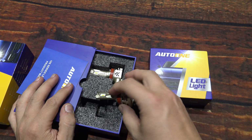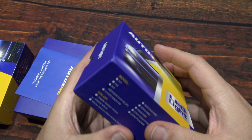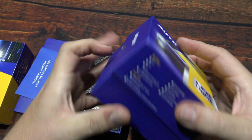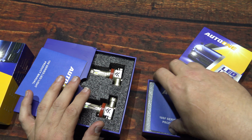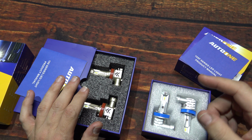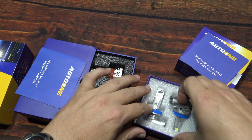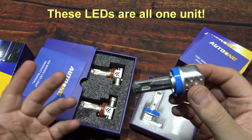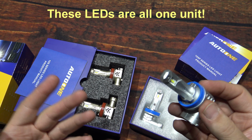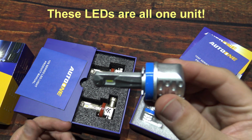Now these are going to go into a Nissan Rogue, in any case a little SUV. And then this one here is going to go in their high beams. Now what's interesting, that vehicle requires H11 on the low and high beams. So it'll make this, some people call it retrofitting, but this upgrade will be easy to do because they're all in one unit. This one here will be for the high beam